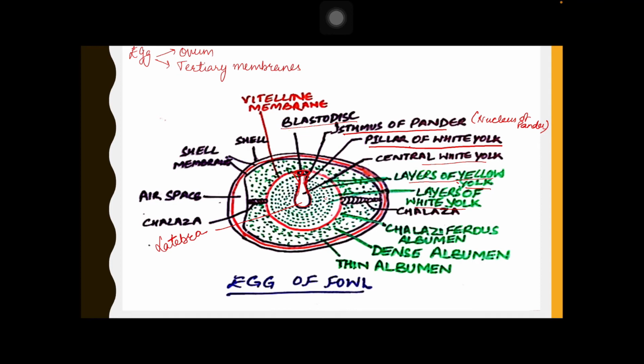Now the yolk has more fats than protein, so it is called the fatty yolk, because we are discussing the yolk. So let's finish the yolk first. Now you know that the yolk is present in the form of concentric layers around the latebra. If we look at the composition of the yolk, it has more fat, so it is also called fatty yolk.